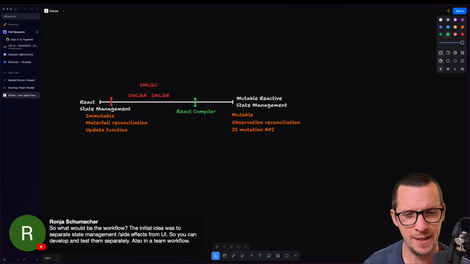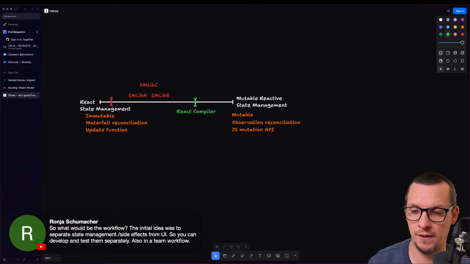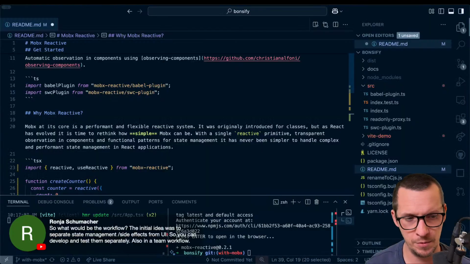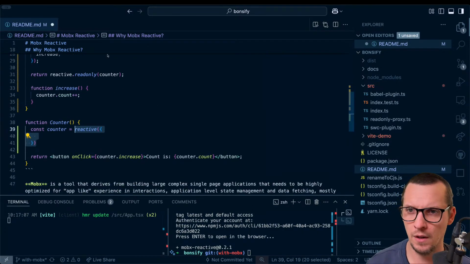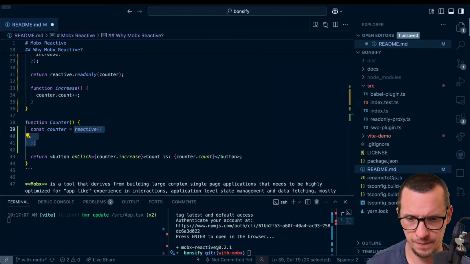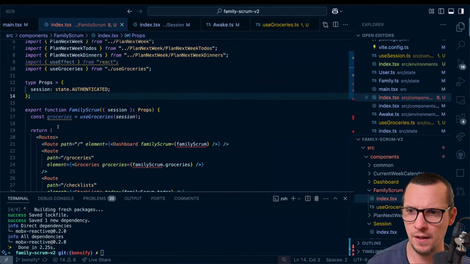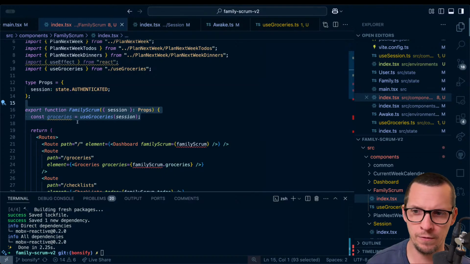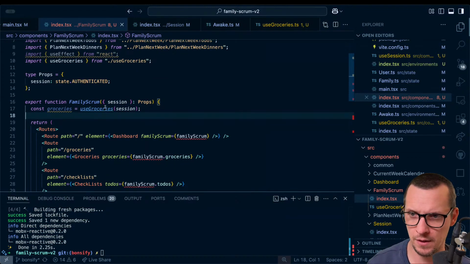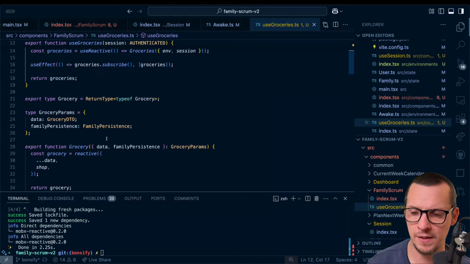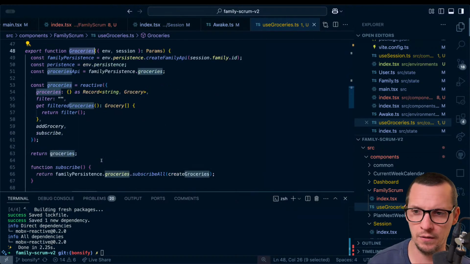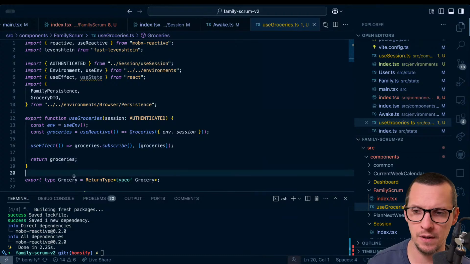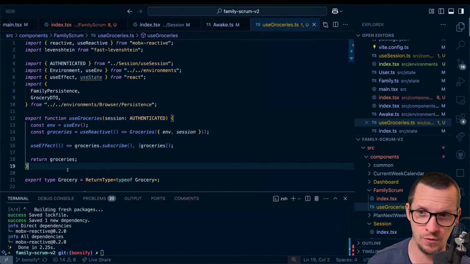You can still, so it's a good question though. So in terms of testability, you can still export grocery or groceries or any piece of state management and test that in isolation if you want to do that.